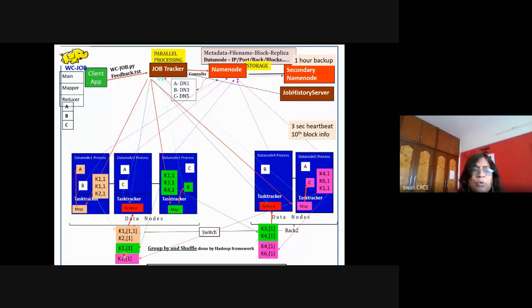It is just a runtime decision by the framework how to shuffle, depending on the load on the machine and the reducer's capacity. In this case, K1 and K2 are going to this reducer, and K3, K4, and K6 are going to this particular reducer.